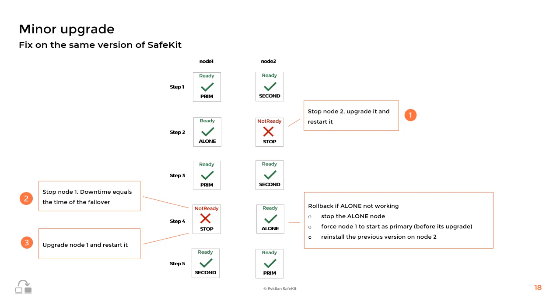If everything works well on the upgraded node 2, then node 1 can be upgraded. If something is not working correctly on node 2, it is possible to make a rollback by stopping the module on node 2 and forcing the start as primary on node 1 with the old version before the upgrade. At step 5, after the upgrade of node 1, we can start the module on node 1, which resynchronizes the application data before becoming secondary. The cluster is then upgraded with a minimum downtime associated with the restart of the application at step 4.